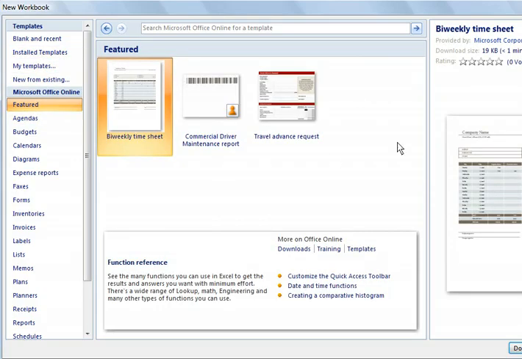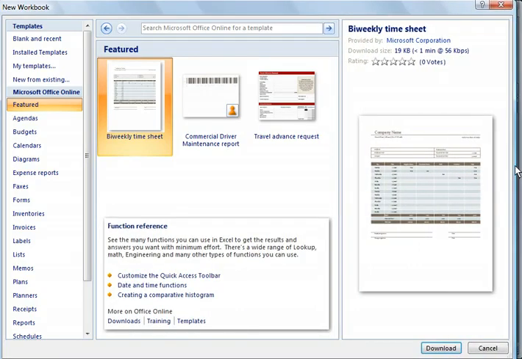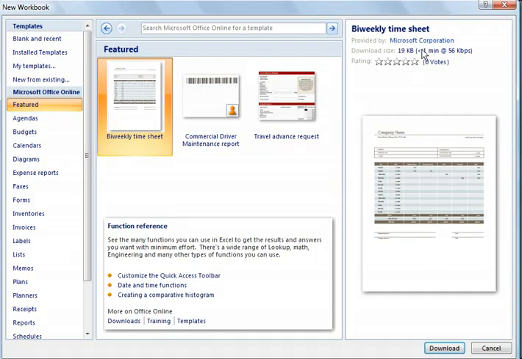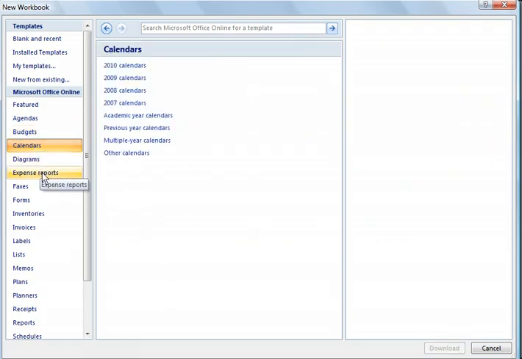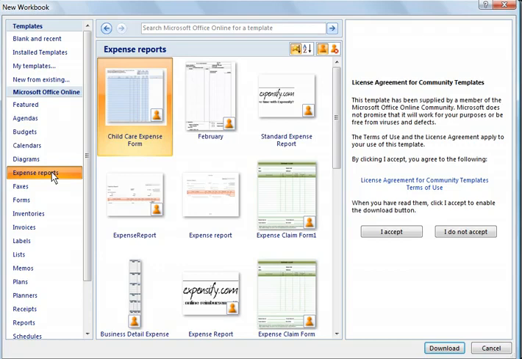There are featured templates. You'll notice these are downloads from the Microsoft Corporation. My window's getting cut off a little bit. There we go. Actually, all the ones down here are Microsoft Online. They're typically very small, but there are numerous topics: budgets, calendars, expense reports. So very common things that you're going to be using Excel for. There's probably already a template out here that will hopefully meet your needs, so you don't have to create something